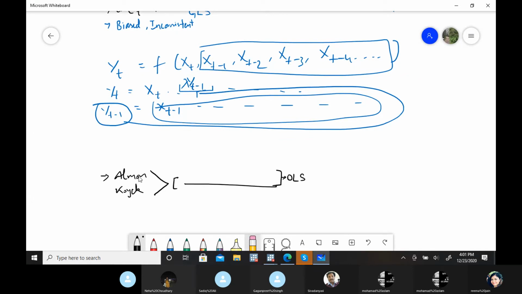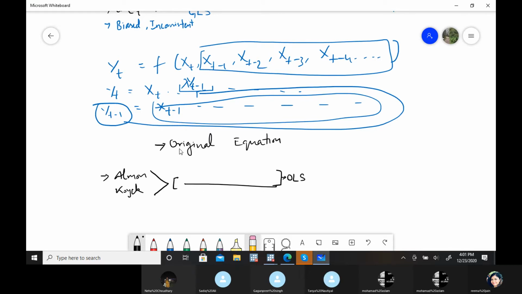Similarly in Almon, I'll come to Almon just after this particular point. But the purpose is to estimate the coefficients of the original equation. It's not our purpose to get estimates of the equations that we have made after these adjustments, like in Koyck and Almon.